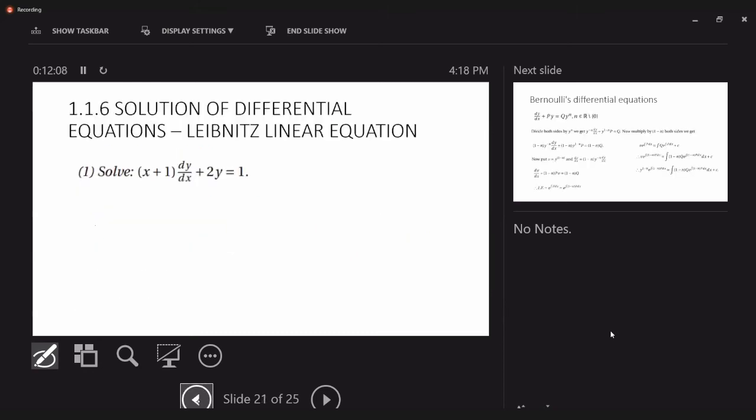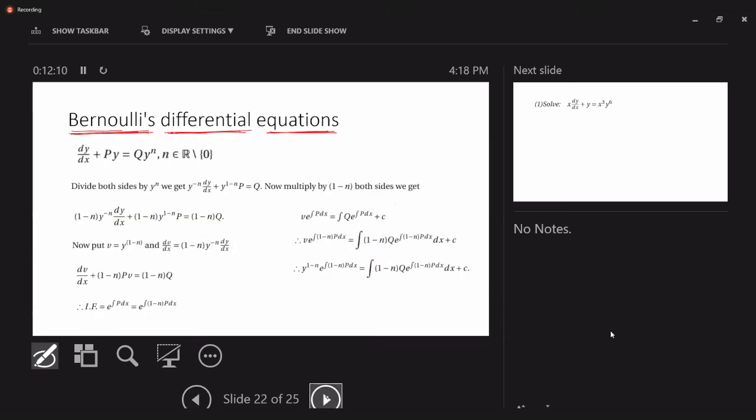So we have seen the Leibniz linear equation. I will write one more time over here: dy/dx + Py = Q. This is our Leibniz linear equation. Now you have to tell me by observing this one, what is the difference between these two? What will you immediately come to know? What is the difference? Y to the power n. Y raised to power n, it is an additional term over here.